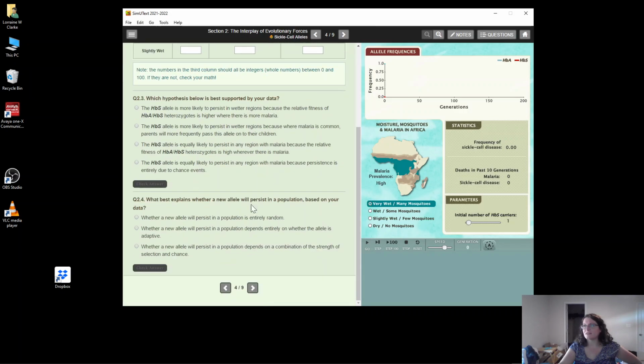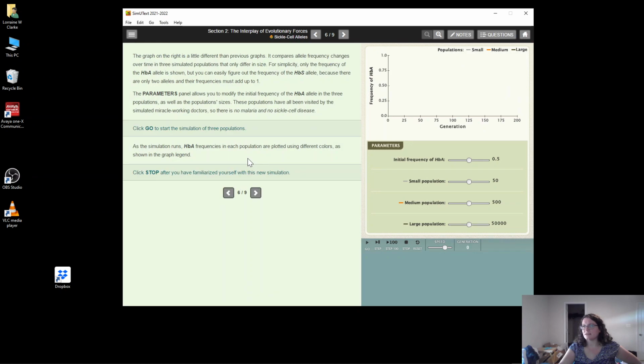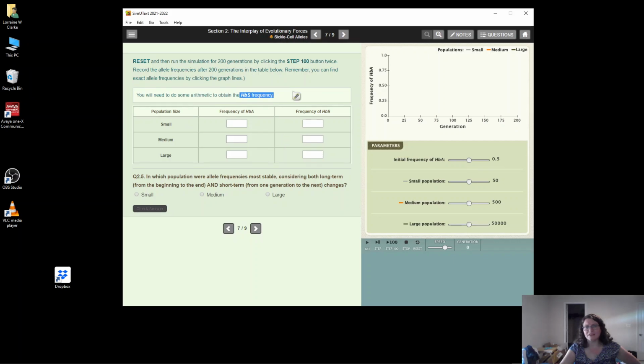Which hypothesis is best supported by our data? Okay, so all of these are here, and it talks about genetic drift and the initial frequency for different populations. Obviously, genetic drift sometimes varies here. I'm going to move forward, okay? Again, you're going to have to work on getting that frequency there. But I want to get to the